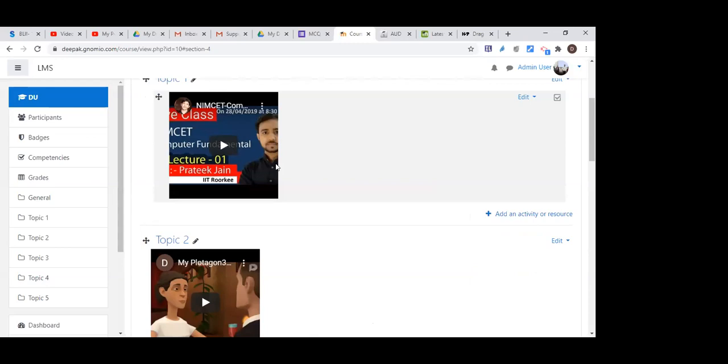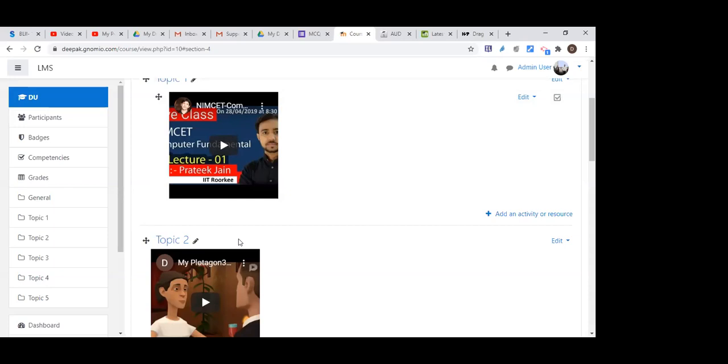Otherwise, we have to share via a link. So embedded code is an advantage. We can upload the content directly on the platform rather than a URL that always redirects us to another web page.